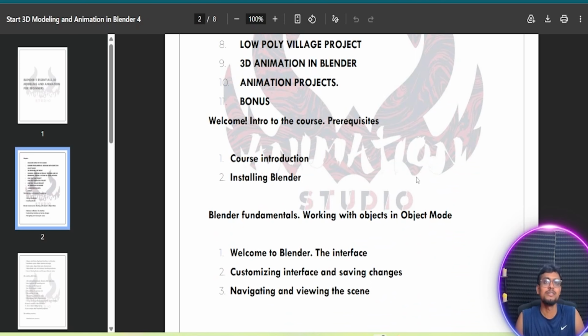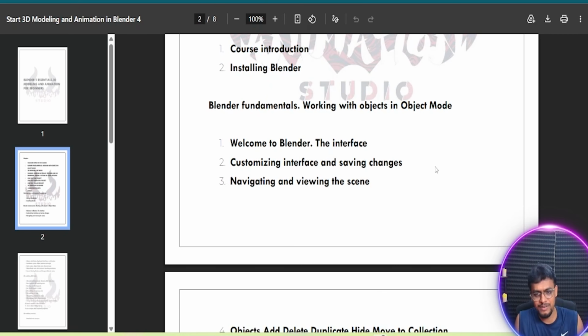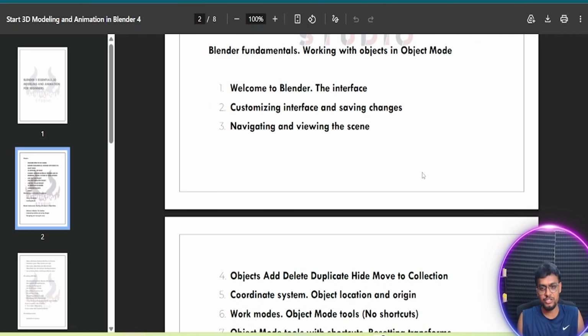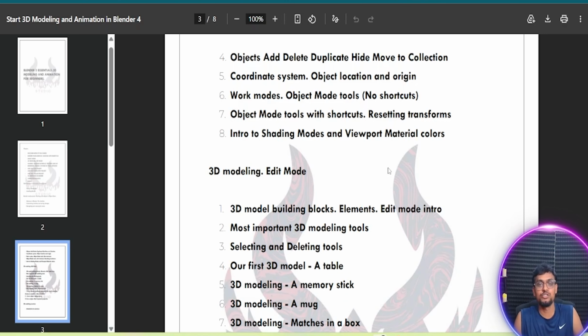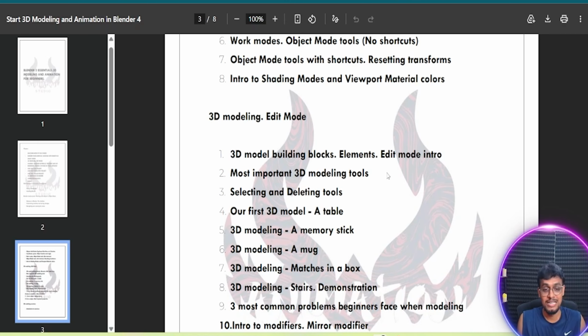So the course details I'm going to discuss right now. This is basically course introduction, installing Blender, fundamentals, welcome to Blender, the interface, customizing the interface and saving changes, navigating and viewing the scene, object add, delete, duplicate, hide, move to collection, coordinate system, object location, origin, work modes, object mode tools, no shortcut, object mode tools with shortcut, resetting transforms, intro to shading modes, and viewport material colors, 3D modeling,